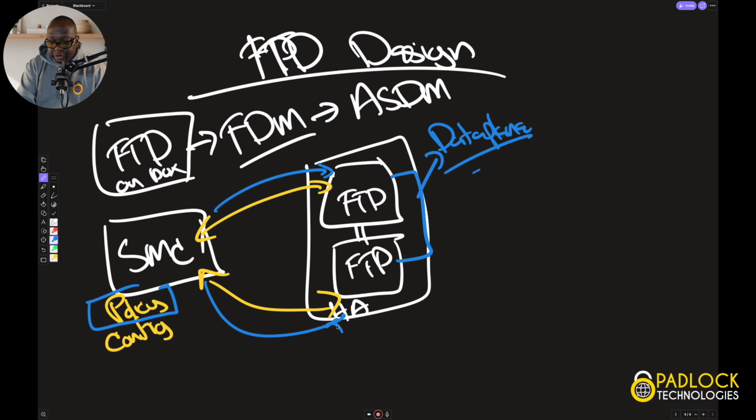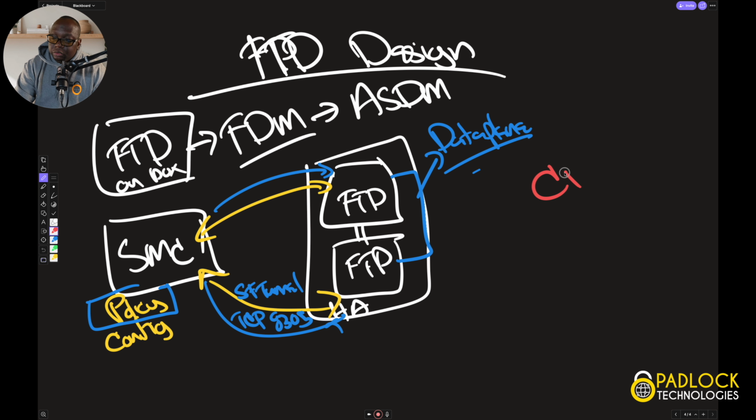Now this tunnel here is called an SF tunnel on port TCP 8305. So if you have an inline firewall somewhere and you're blocking this port, you're effectively losing management to the FTD. Now there is a third way to do this, and I think this has come with the 7 version. The new way is